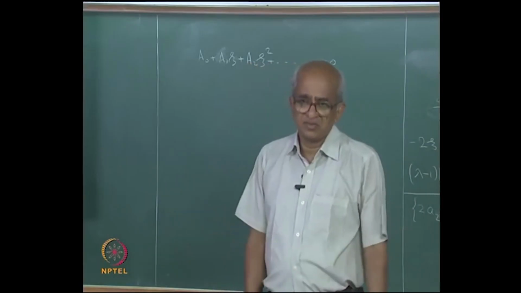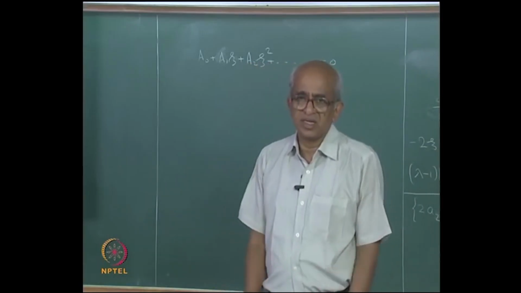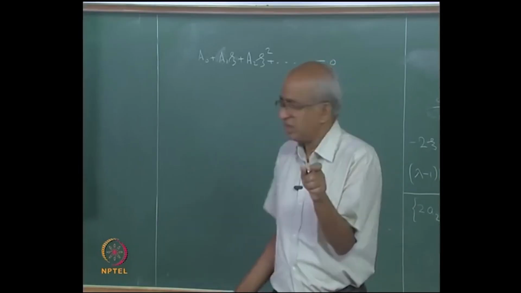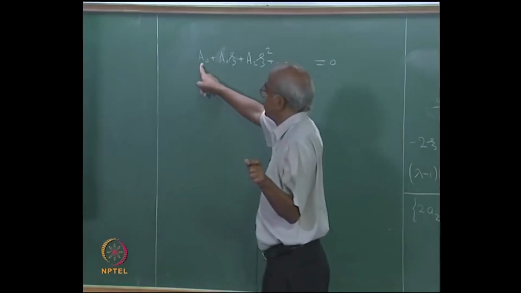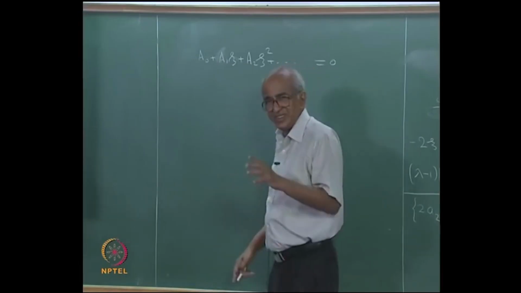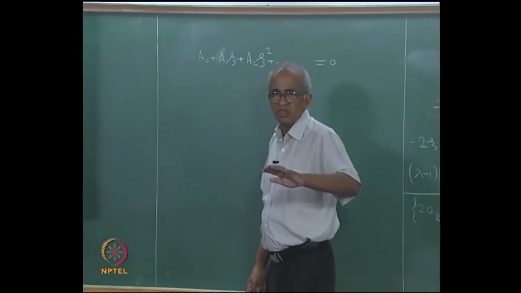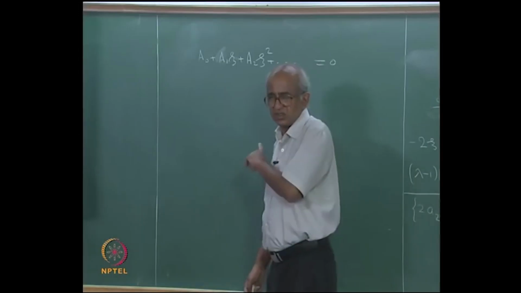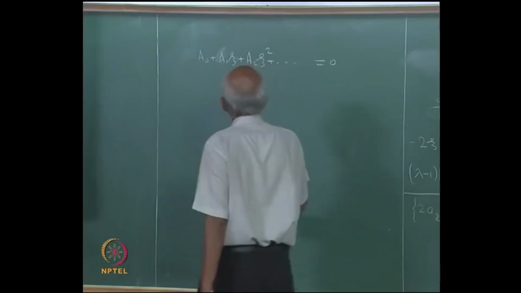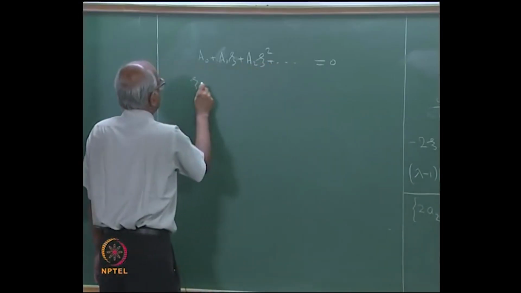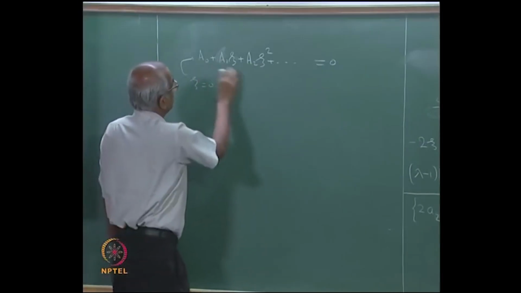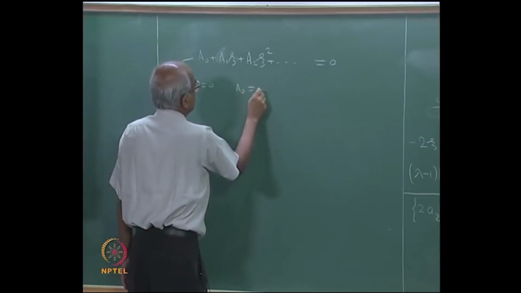So, how can that be satisfied? The only possibility is that each coefficient in here, when I say each coefficient, a0 or a1, the coefficient of c to the power of j, has to be equal to 0. That is the way in which this can be satisfied. It is not difficult to prove this. If you want to prove it, first you put c equal to 0 into this equation, because this equation is valid for all values of c. So, if you put c equal to 0, you will find that a0 is equal to 0,